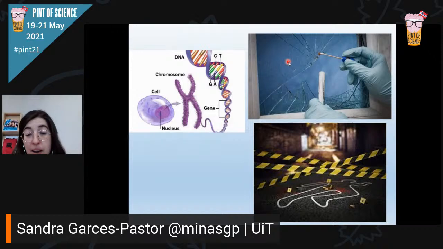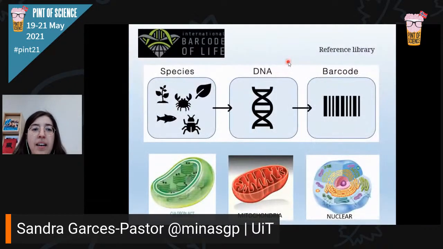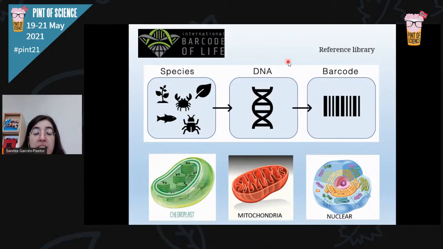It's practically everywhere. Based on this, there are a lot of efforts to sequence all the biodiversity of the world. All the living organisms in the world are being sequenced so we can extract the DNA and focus on small fragments of this DNA